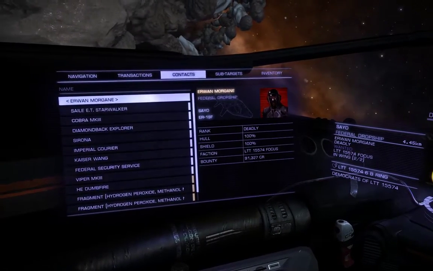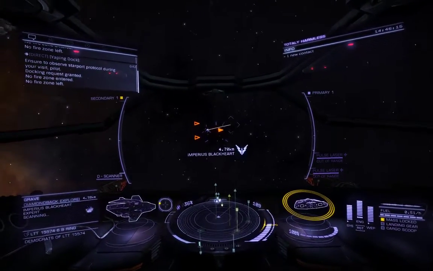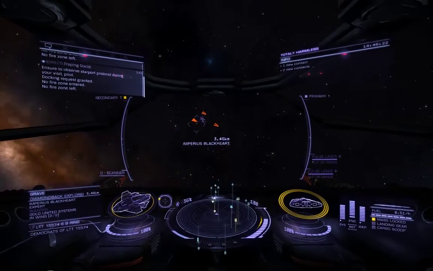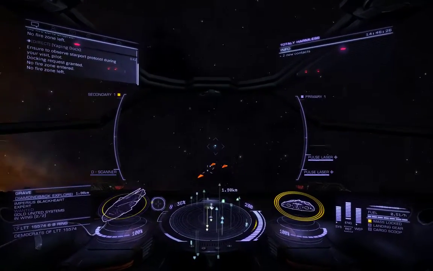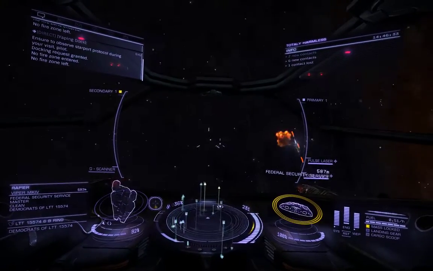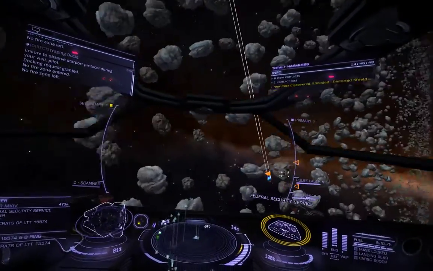Yeah, see, he's worth what, 91,000. But there's no way in hell I can shoot him by myself. He outguns me by about 50 times. Diamond Black Explorer, he's wanted, okay. Now there's the cops, Federal Security Service, but I think he's getting most of it. There's only one cop against a wing of 2, so...